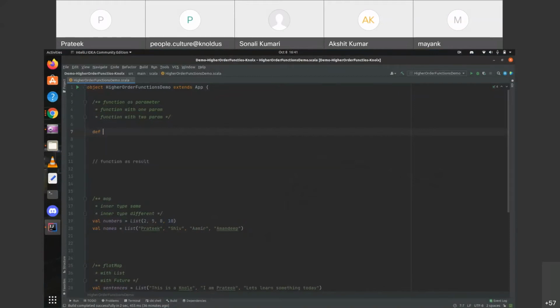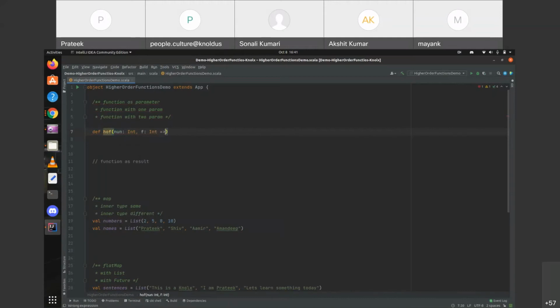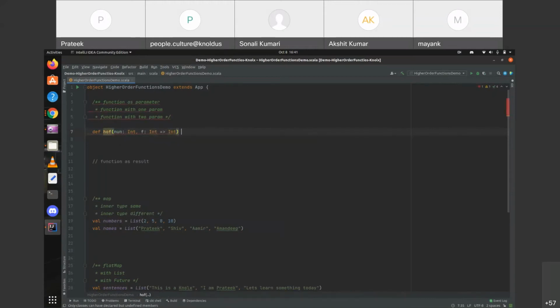Let's say we have a function, let's call it higherOrderFunctions in short. Then we have a number, say num of type Int, and it takes a function from Int to Int, and it will also return us an Int.